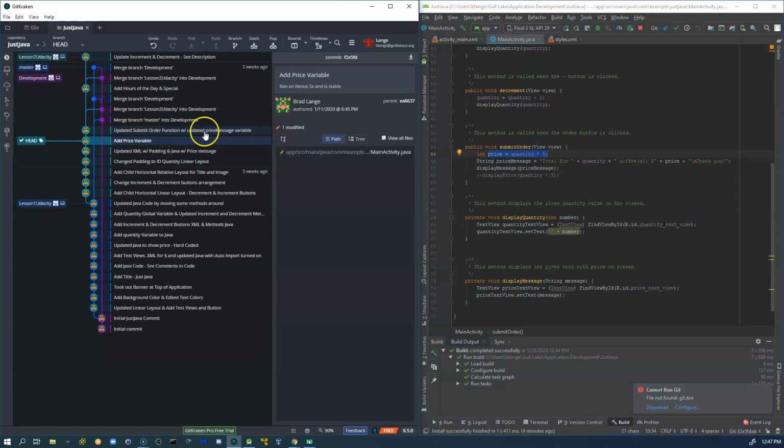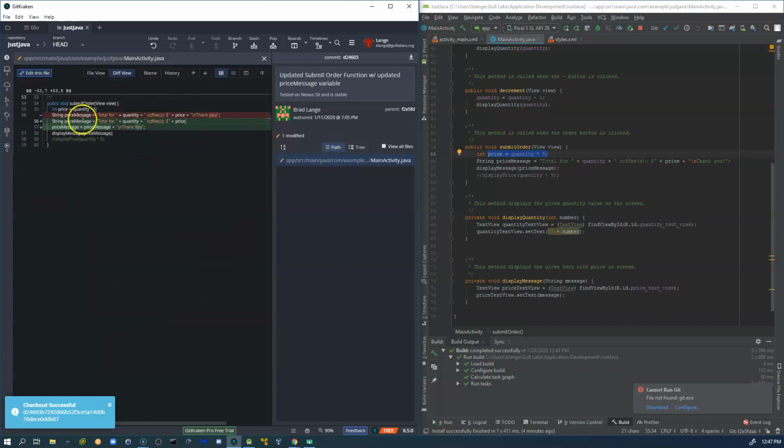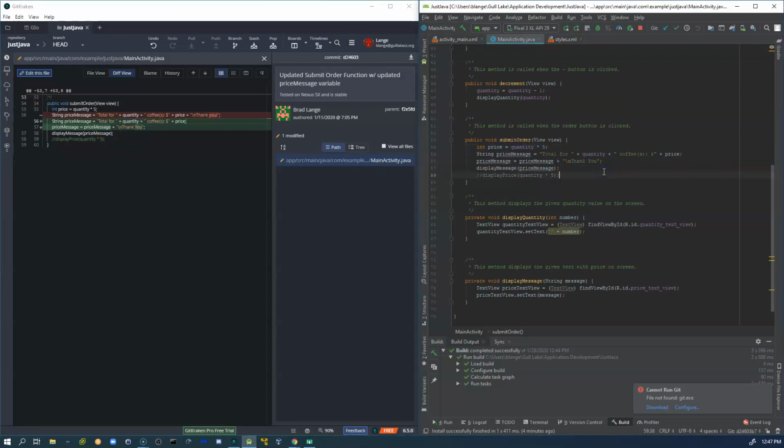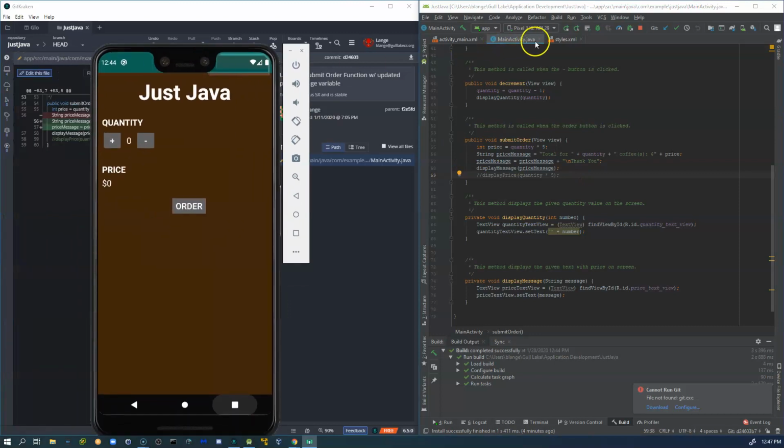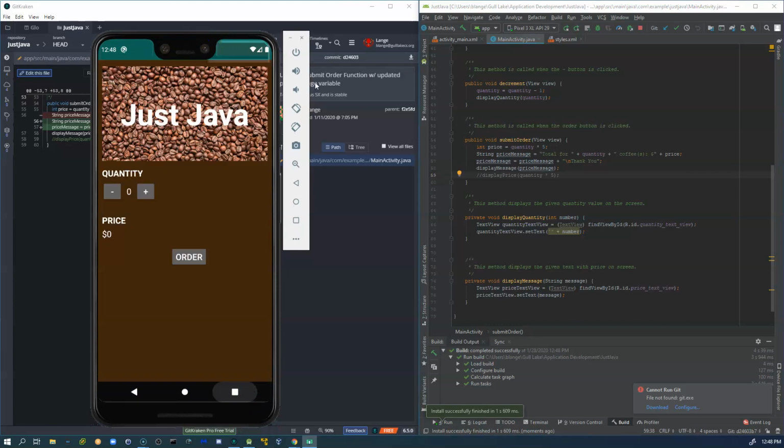We updated our submit order function with an updated price variable. All right, so we can check out that commit, see what we did there. So if I click on this, you can see that I took out this here and I updated it with my price message down here. So I was trying something new out. I was going to kind of see how that worked. And I believe, if I'm not mistaken, I'm going to go ahead and push that over to my phone. I think I didn't like the way this worked, and let me try to see here. And so I've got my